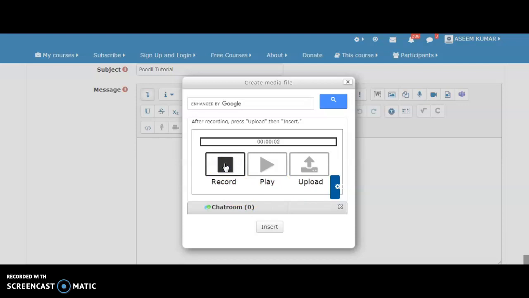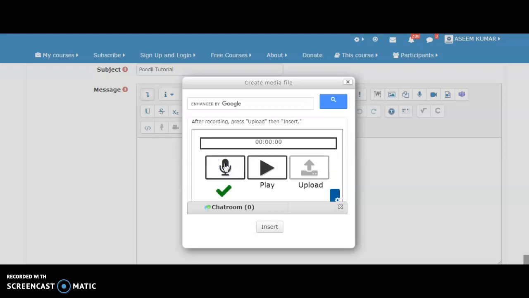Okay, I'm once again saying welcome all of you to this tutorial on Moodle. Here I am going to explain the various facilities which are available, which can be used very effectively for online teaching. And now I would stop the recording by pressing again on this button, and you will see a green tick mark that recording has been done. To check it, I will click on the play button.